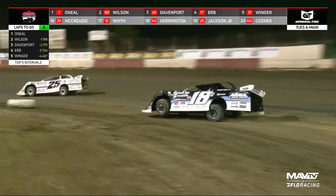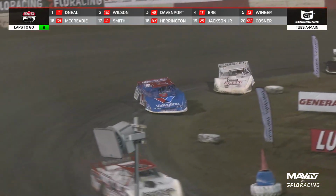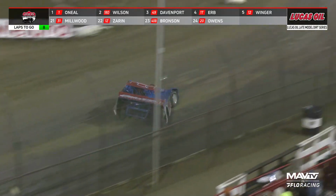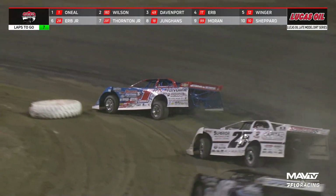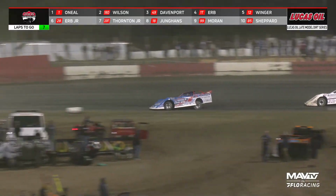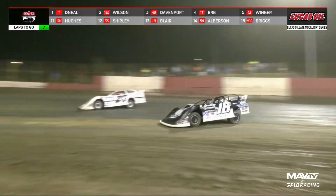As he is able to work his way by, and now Tony Jackson Jr. is going to pull back down to the inside, and that might be trouble for Dalton Wilson, who's going to have to work around the Capitol House car, James. Well, Ashton Winger still married to that top in that 12 car. He's running in 5th, and it's Dennis Erb, Thornton, Younghans, Moran, Shepard, your top 10, as we work 6 laps